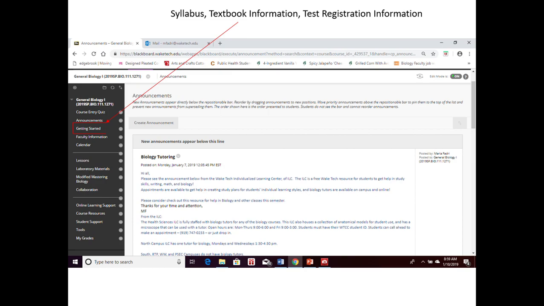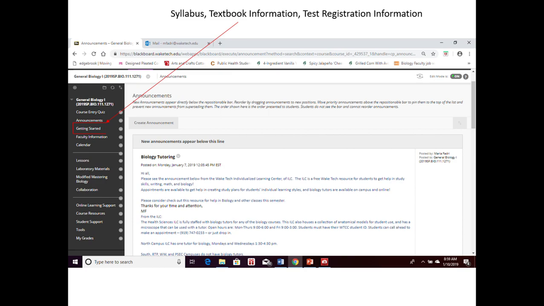In terms of interacting with the course, the Blackboard course shell is going to be our course interface. And I wanted to take a moment to just point out a couple of important areas in the Blackboard course shell. First of all, what I've done is I've got a screenshot of the announcements page, and this announcements page